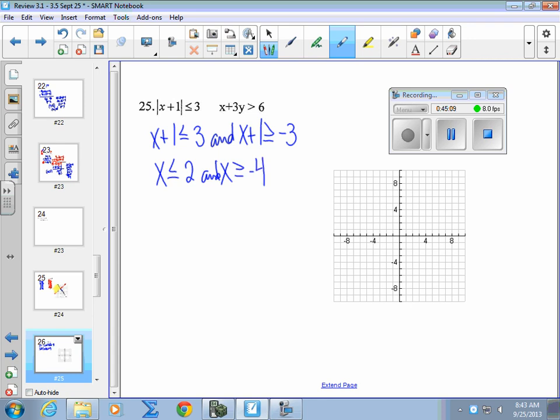So we'll graph these two lines. So we have x is less than or equal to 2. So less than or equal to 2 is a solid line on 2. And greater than or equal to negative 4. X is equal to some number is a vertical line, so that's why they're vertical. On the next equation, we